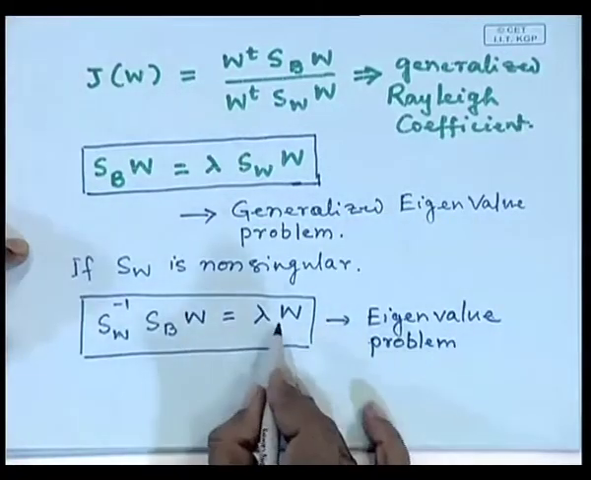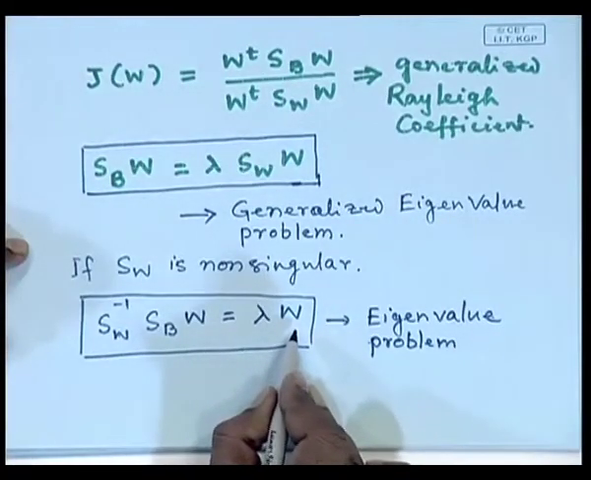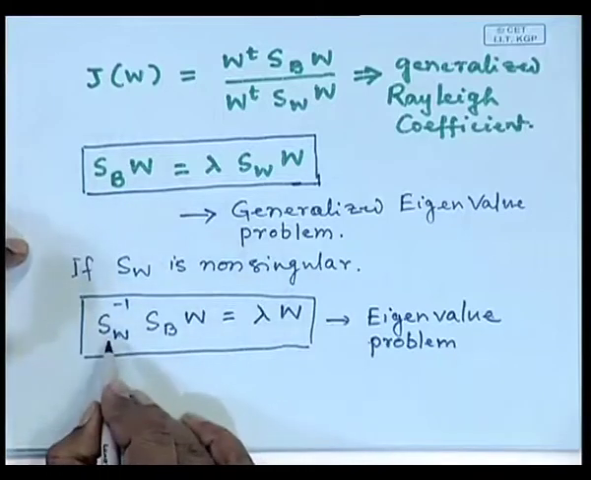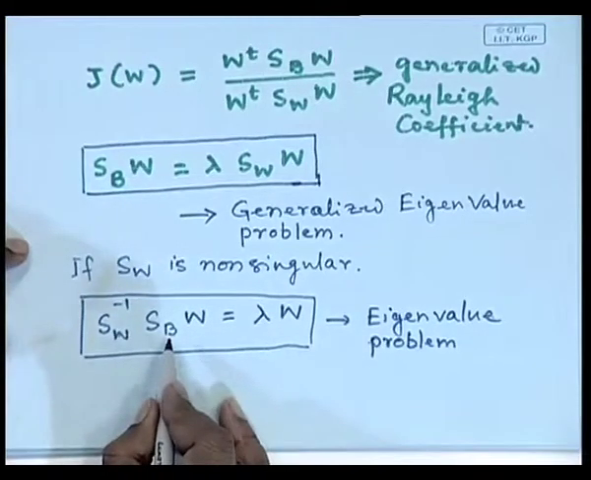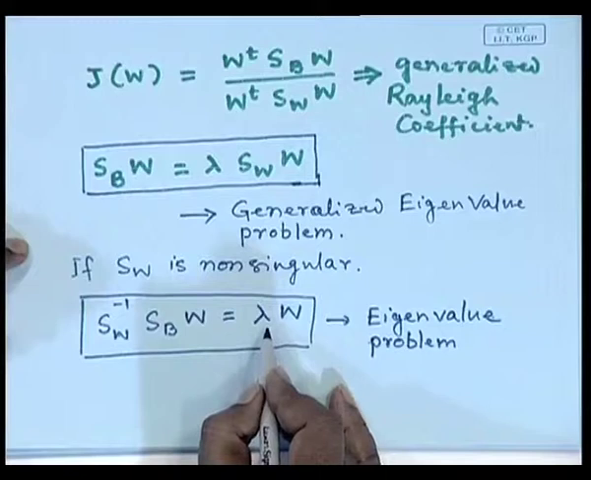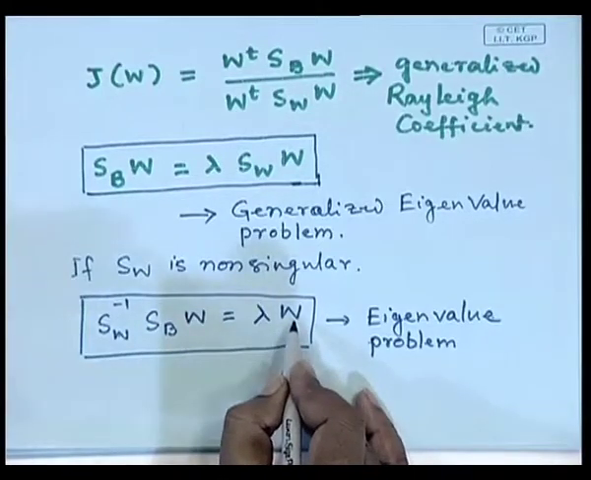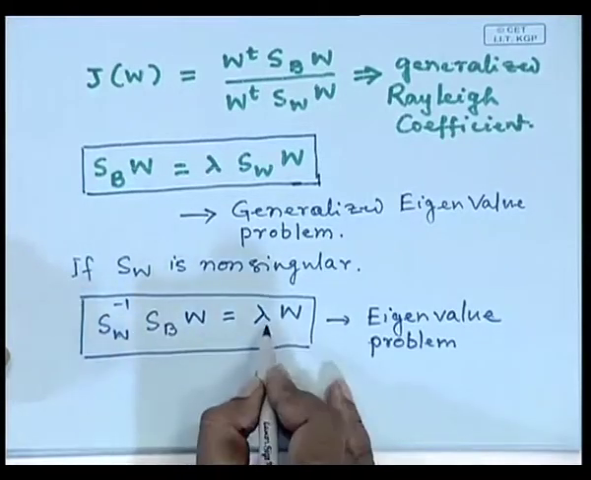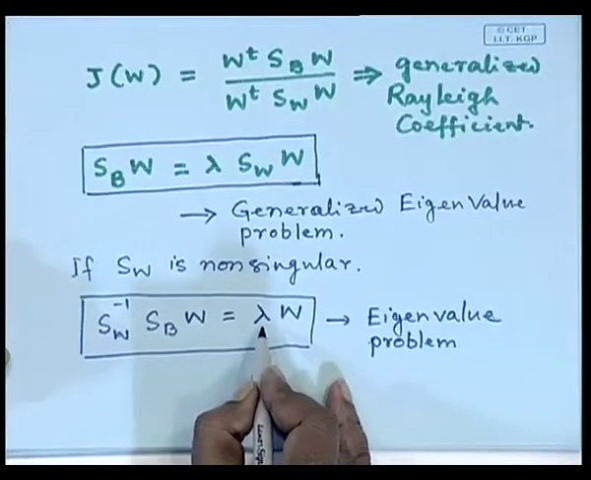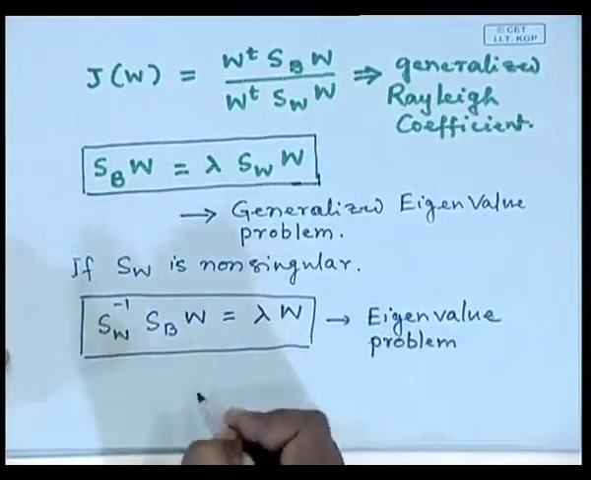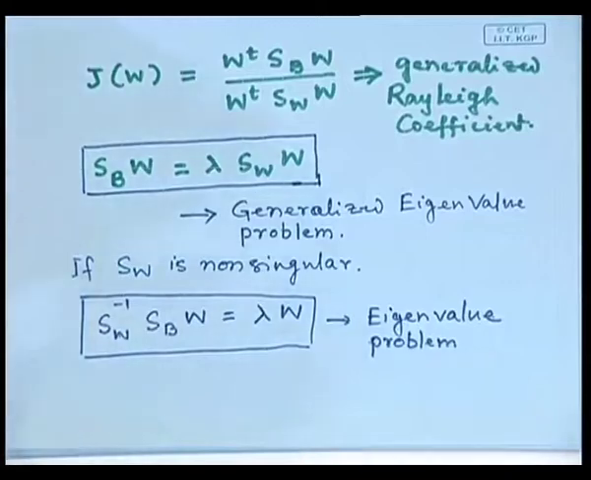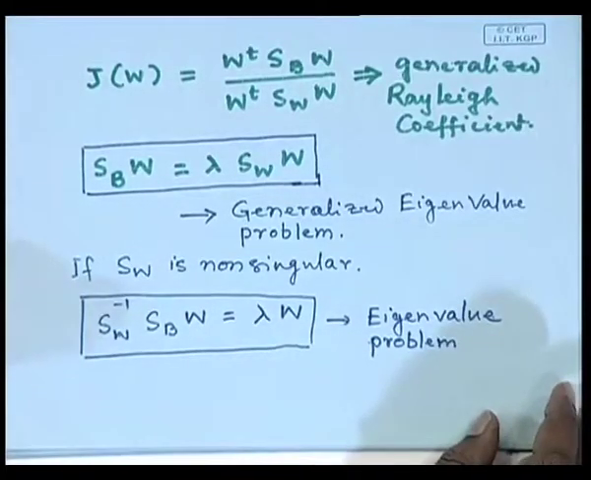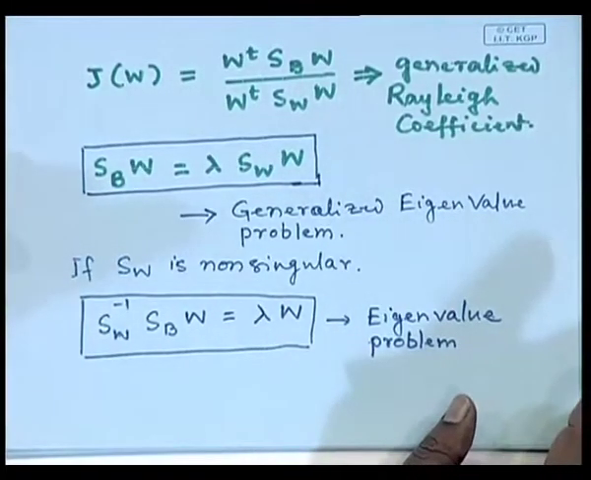Where this W is nothing but the eigenvector of SW inverse SB, and lambda is the corresponding eigenvalue. But we can simplify our solution instead of trying to solve the eigenvalues and eigenvectors, simply because of the fact that